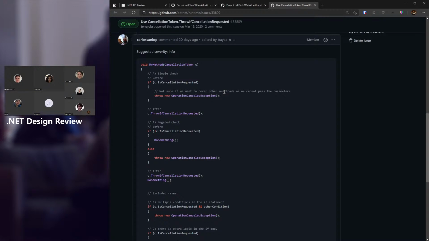Wow. Okay. So task canceled exception is a bad type. We shouldn't have added it. We added it because we thought, in the case where it was a task that was getting canceled rather than something else, you would want to know what the task object was. And so all task canceled exception is, is an operation canceled exception that has a task property. The problem is in 99% of usages, you really don't even know what the task is. It's not populated well. And all we have is an operation canceled exception of a